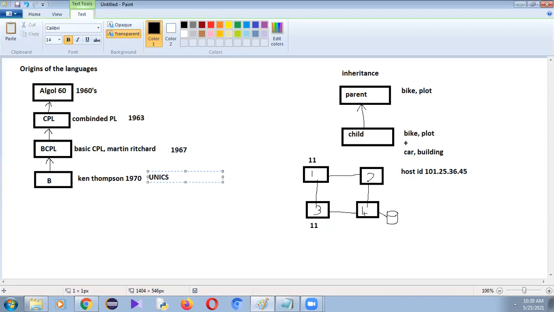The spelling of Unix is UNICS, which stands for Uniplexed Information and Computing System. But this operating system was developed on a PDP-7 kind of computer system. And one more important point: B, and everything up to B, are all non-portable languages. In the previous video, we discussed very clearly what is meant by portable and non-portable languages. Let me repeat once again.